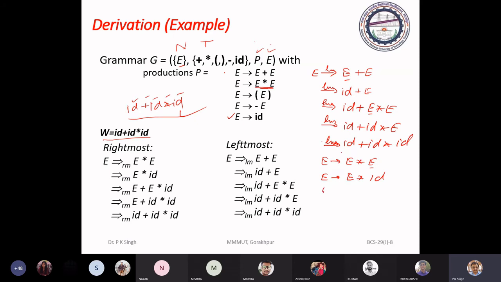Now this E is E plus E. It is rightmost, asterisk ID.